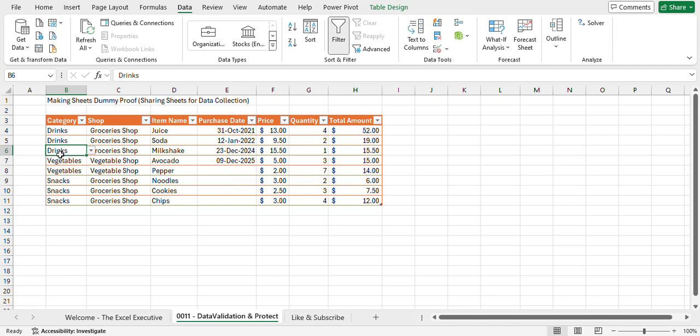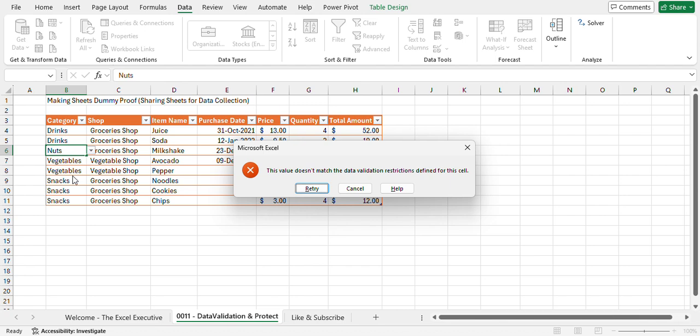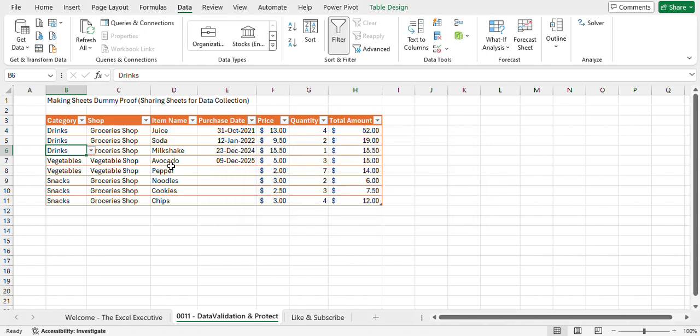Now you'll say, what's the difference? The difference is that I cannot enter any other value except these three values. So if I try to type in, I don't know, nuts, and press enter, it will give me an error, which is not very descriptive. Yeah, I don't know what this means. But basically it means that you cannot enter any other value. Now let's go back